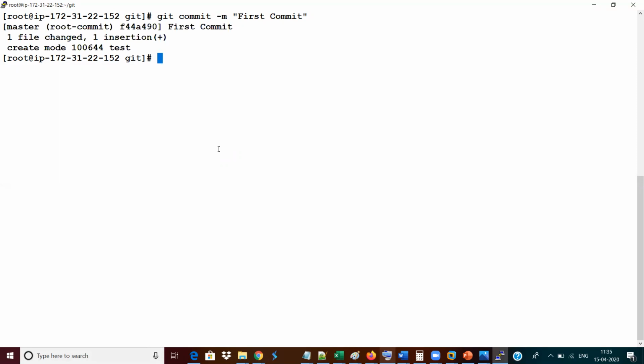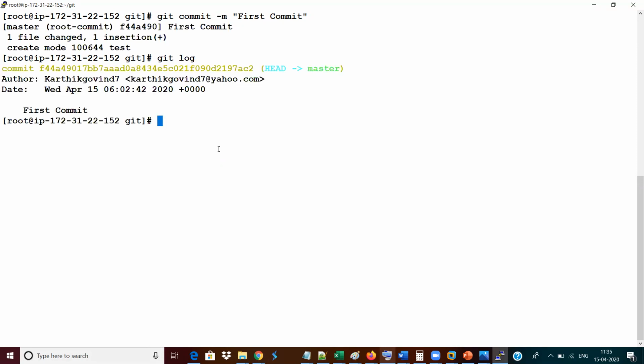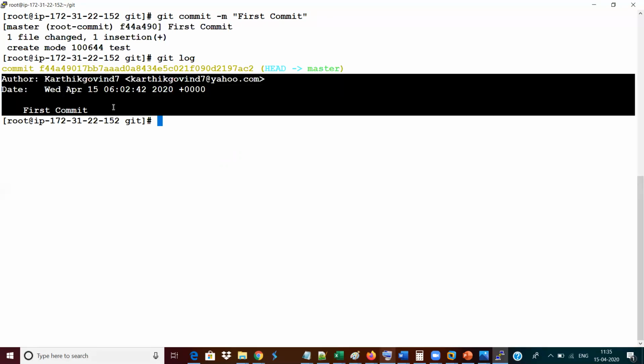Once after giving commit, it will be recorded with one log, I told you, right? So now you are going to listen carefully. What is that log? Git log is a command which is used for you to check your logs. If you give git log, you can see that one commit has been captured here, with a name called Karthik Govind 7.